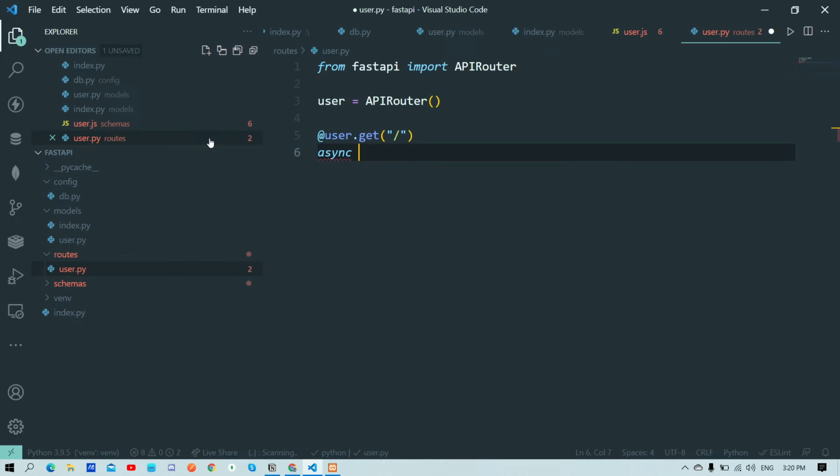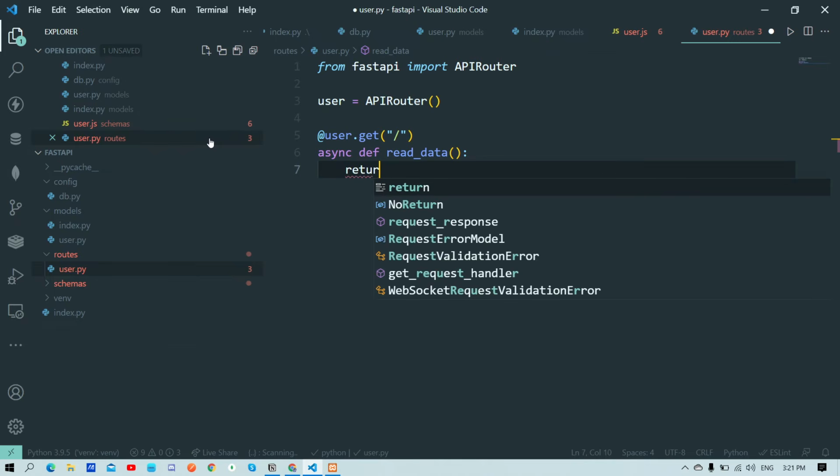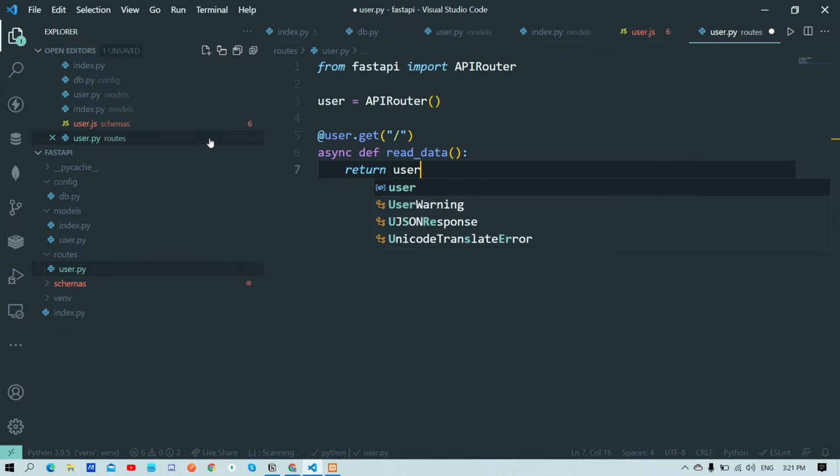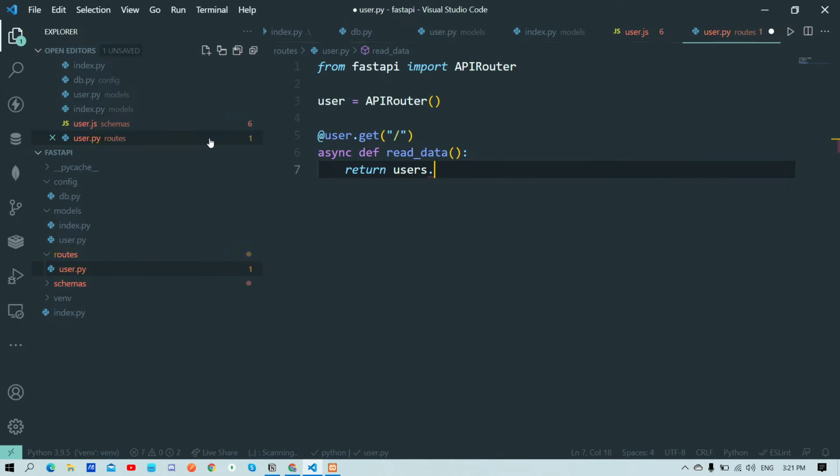async, you can use async def, your name like read data. Okay, so no need to use params here. And in return we'll return users.select, users.select, and we'll wrap